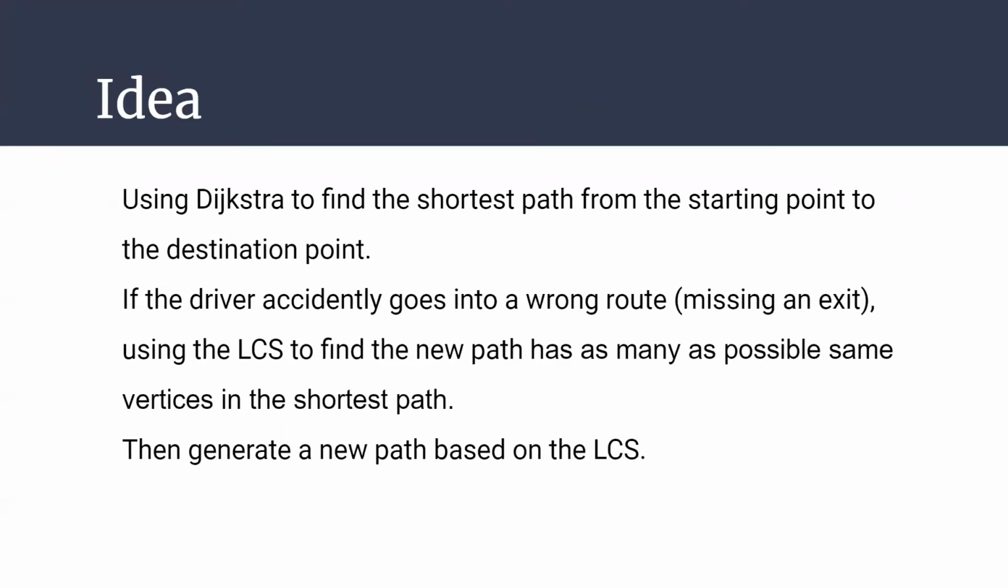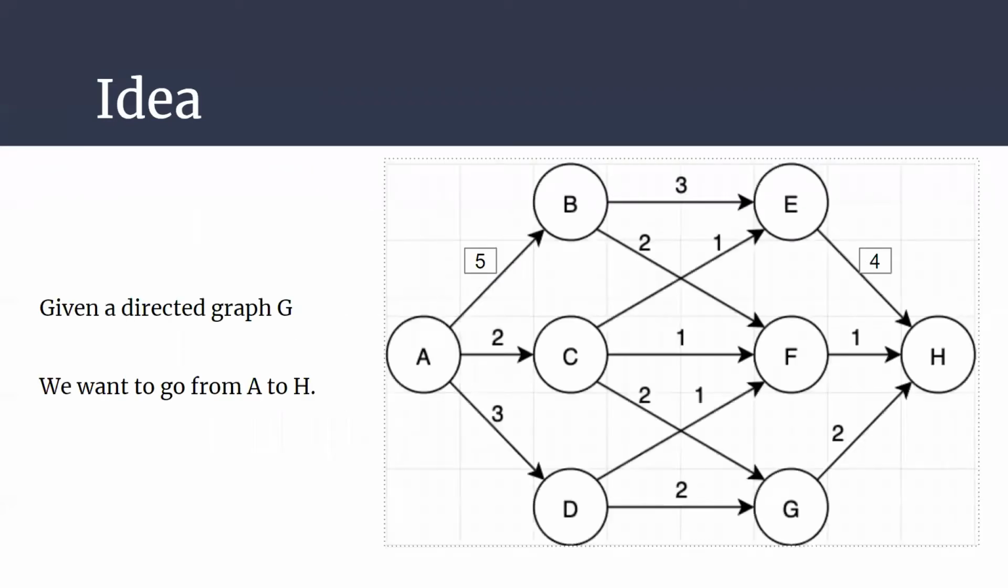If the driver accidentally goes into the wrong path, then we use the longest common subsequence to find the new path. We keep as many vertices as possible the same as in the shortest path, then generate a new path based on the longest common subsequence. To make the idea more clear and visible, here's a simple